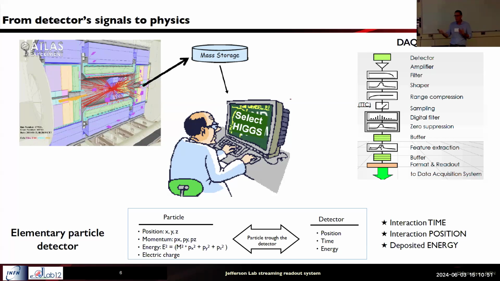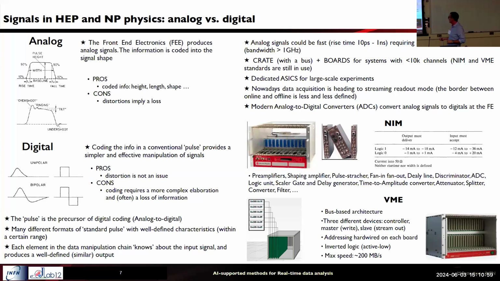Any detectors, more or less sophisticated, more or less complicated, always give you these three pieces of information. This information is usually produced as an analog signal. That is not always true, but let me say that it's largely true. You start with an analog signal with a shape, height, and length, and in some way you go to a digitalization of the signal, where you obviously lose part of the information,